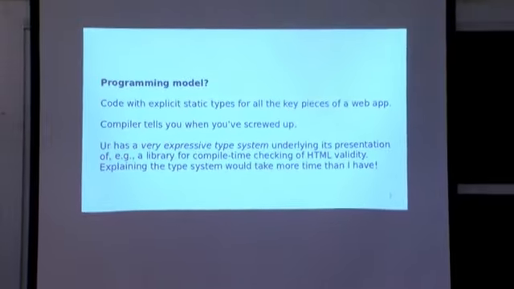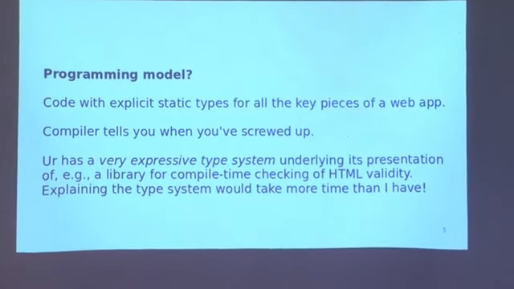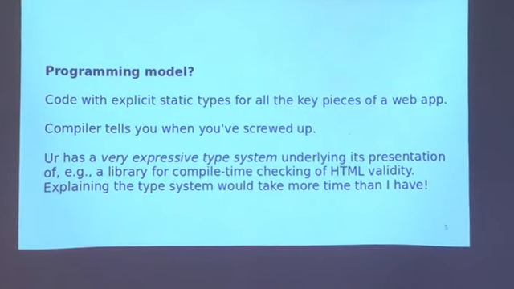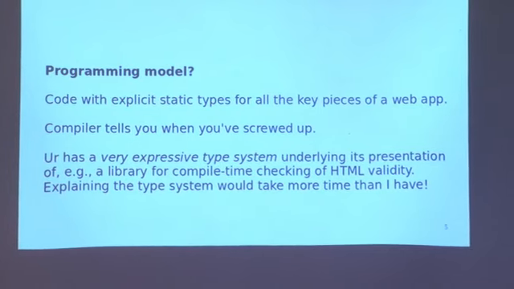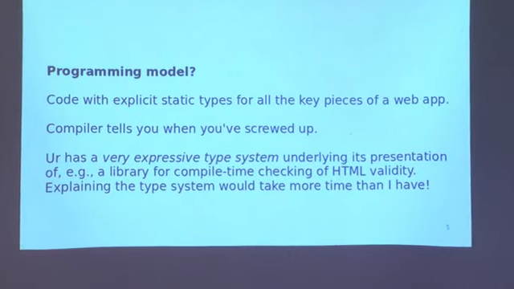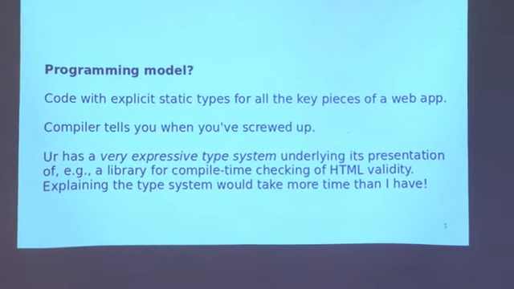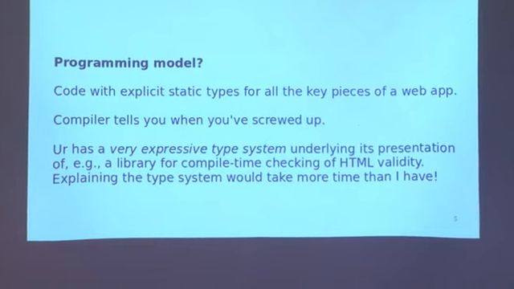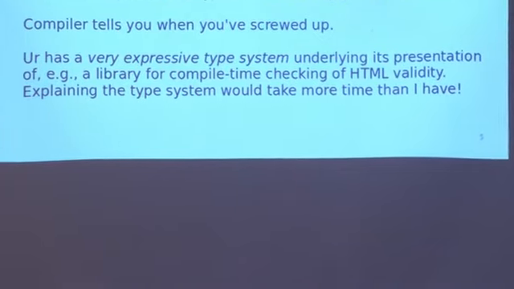So the programming model is really closely connected to static typing. And that's not just static typing like in, say, Java, which has a relatively inexpressive, clunky type system, but static typing like in Haskell or OCaml. And these types are one of the ways that the compiler understands what you're doing and catches mistakes in your program. And it turns out that the core language that URWeb is built on top of has a very expressive static type system. So many of the things that URWeb does are actually just exposed as libraries with no special